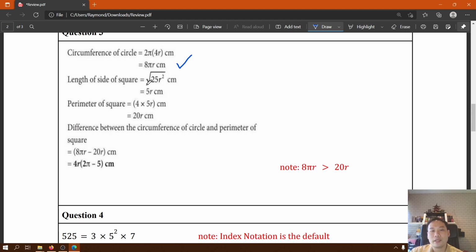Knowing that the area is 25r square, for the length of each side of the square, I just square root it to get 5r, right? Finally, because a square has 4 sides, multiply by 4, we get the perimeter. Okay. Now, finally, we are told to find the difference and then to factorize it, right? So, I do recognize that some of the students may actually evaluate this, right? You take 8 times pi, and for pi you use 3.142 or something similar, and you obtain